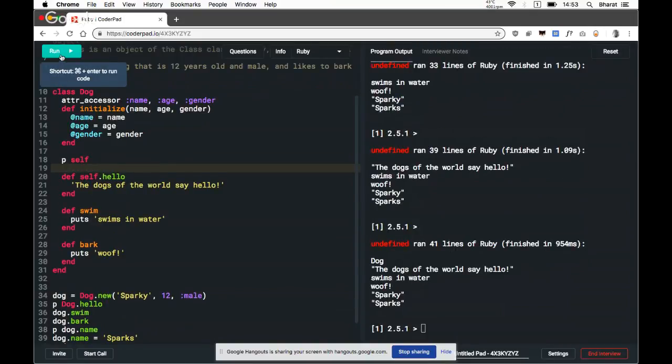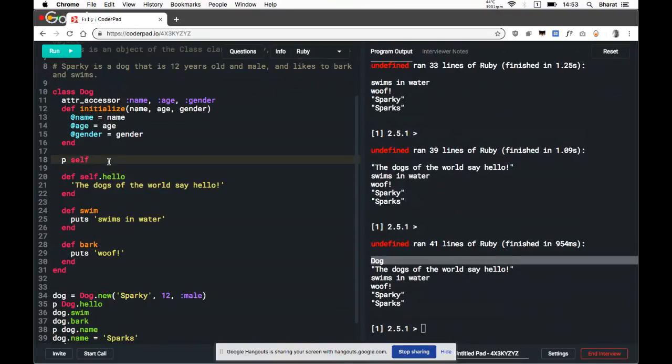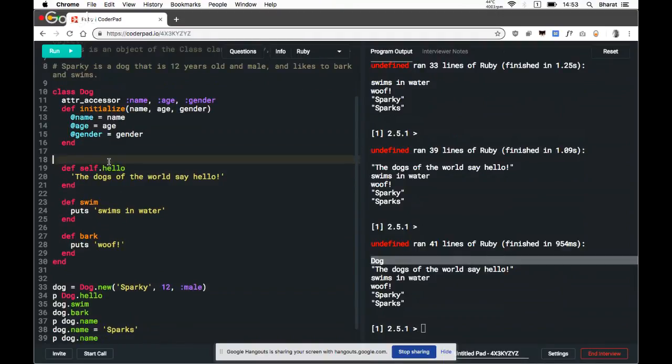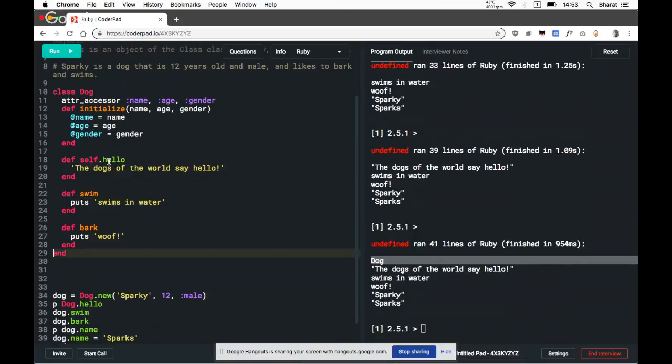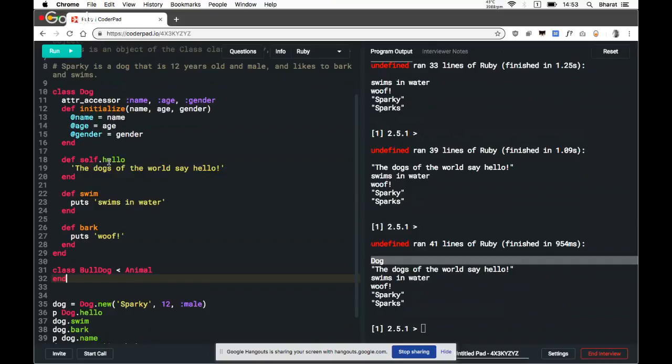And you can see it here in the first line that this shows up as capital Dog, and this helps, I think, with copying methods between different classes. Maybe it even helps with inheritance. So let's say I'm making a new class called Bulldog, and then making a subclass of Dog like this.